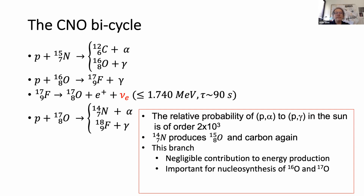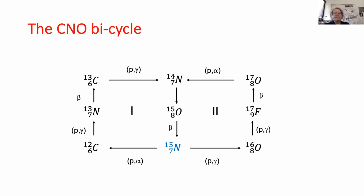This is the second branch, and as was pointed out earlier, this second branch develops the CNO bicycle, and this double cycle develops as highlighted in this slide. And on the left, you can see the main cycle, which is the CN cycle, also referred to as the cold CNO cycle, because it works at low temperature, the temperature inside the core of the sun, or in slightly more massive stars. And then the other cycle, which, as I said, is important also in terms of nucleosynthesis